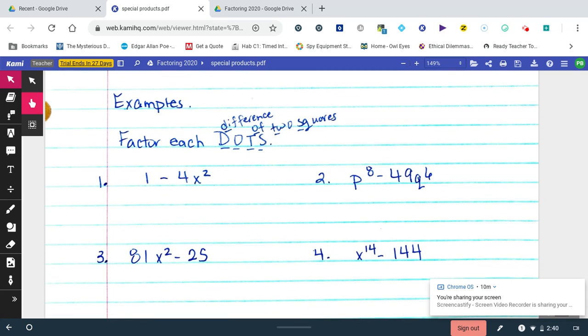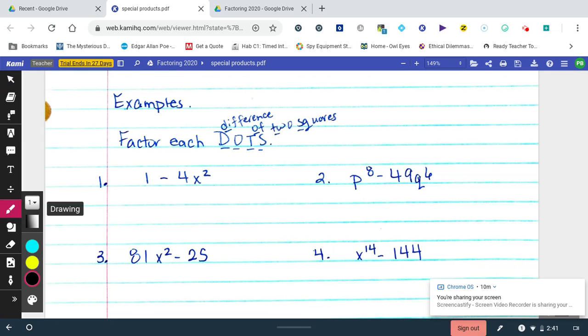Factor each difference of two squares. All right, so I'm going to go here. First of all, I'm going to look for a GCF. So between 1 and 4, is there a GCF? No. Do they each have an x? No. So I'm going to put there is no